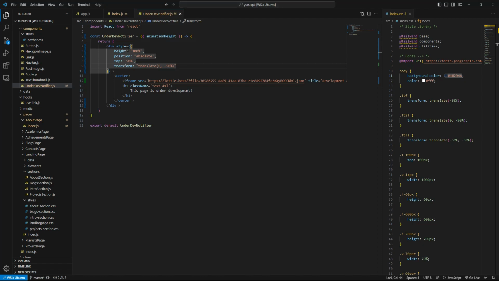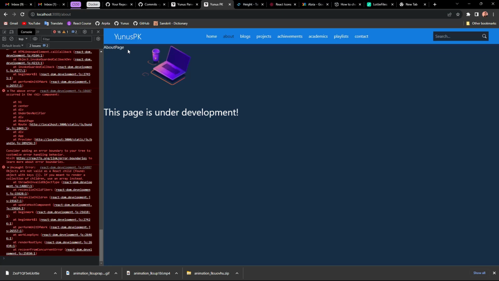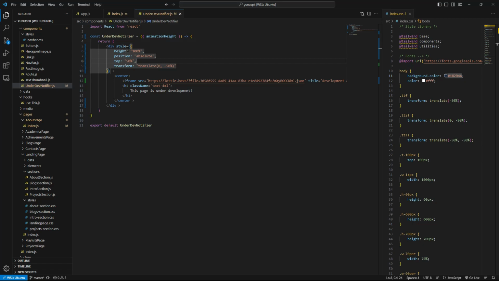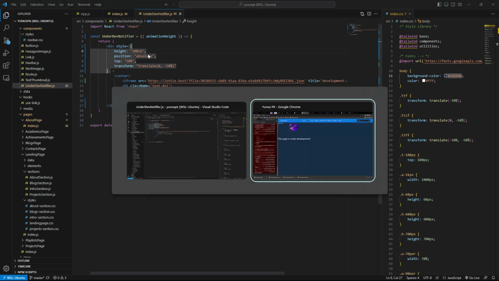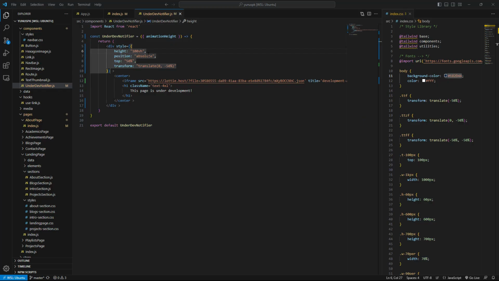Okay, so the center doesn't work now, but why is that on the top? Because height is 100%. Height should be 100 VH. Then also doesn't work. Why doesn't that work?